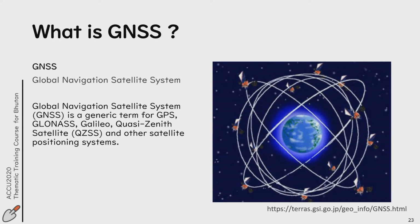What is GNSS? GNSS, Global Navigation Satellite System, is a generic term for satellite positioning systems such as GPS, GLONASS, Galileo, and Quasi-Zenith Satellite Systems, QZSS. For example, GPS, Global Positioning System, is a system developed by the United States for navigation support for aircraft